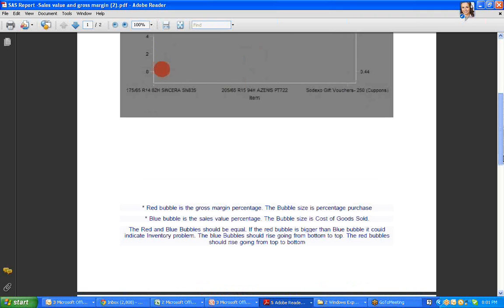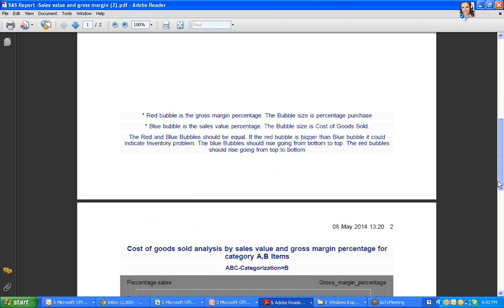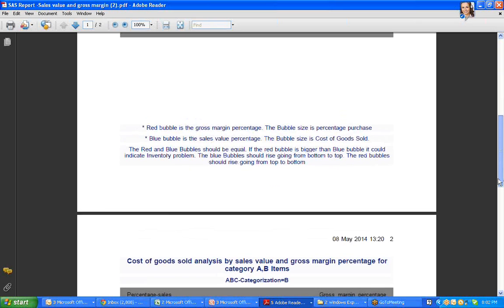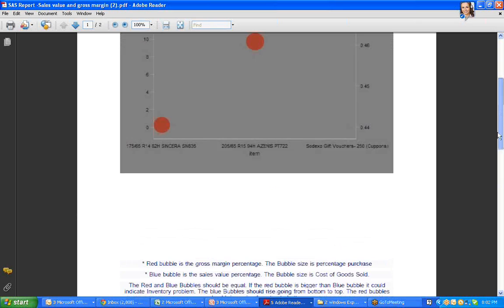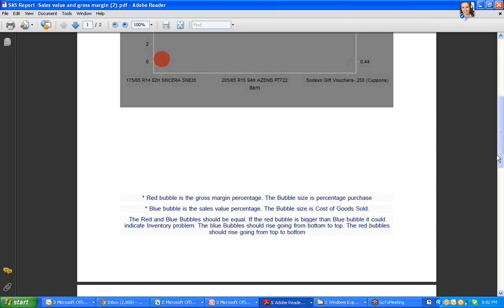Now the red bubble size is the purchase percentage. That means this is the purchase percent. The size will indicate the purchase percentage, and the blue bubble size will actually indicate the cost of goods sold. Now here you see that all these four bubbles are actually of equal size, which does not actually make much sense. Now, if you understand it, intuitively, if you